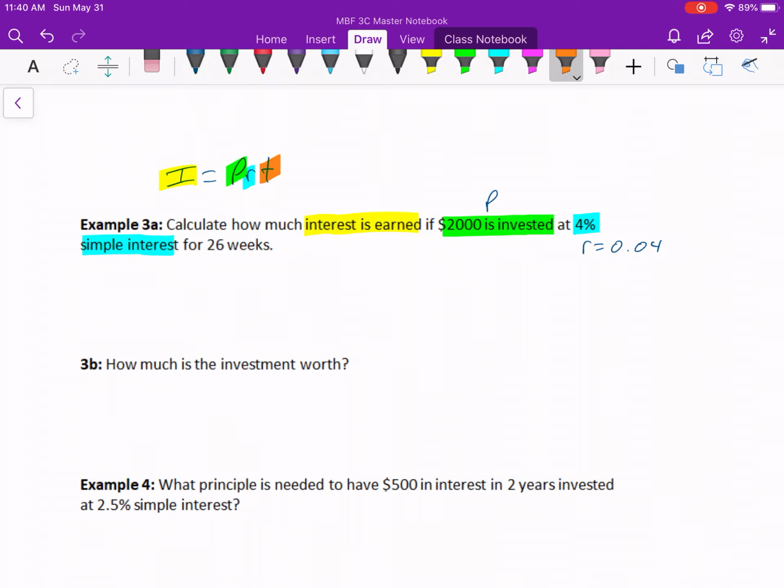And then for 26 weeks, that has to do with the time. So I'll divide that by 52 weeks in a year, and I'll get T is equal to 0.5. So I've got all these different values, and I equals PRT then tells me